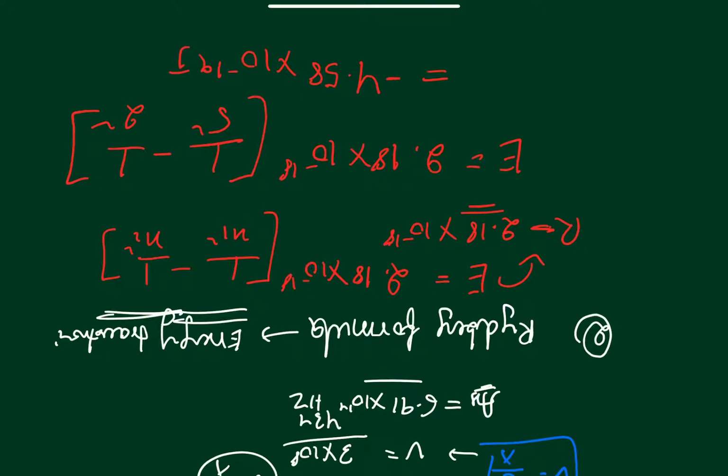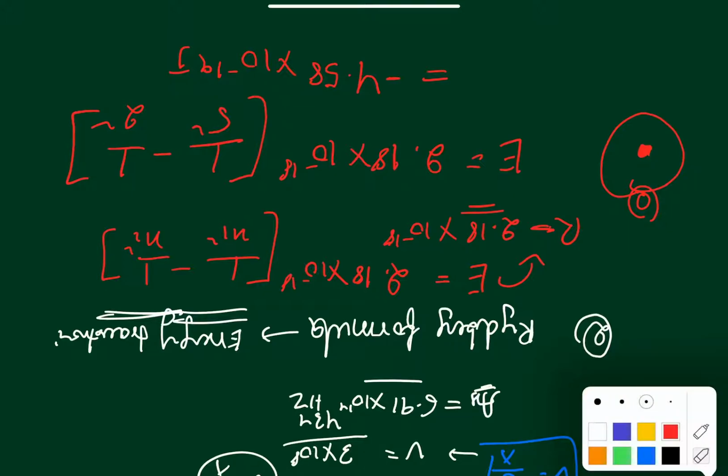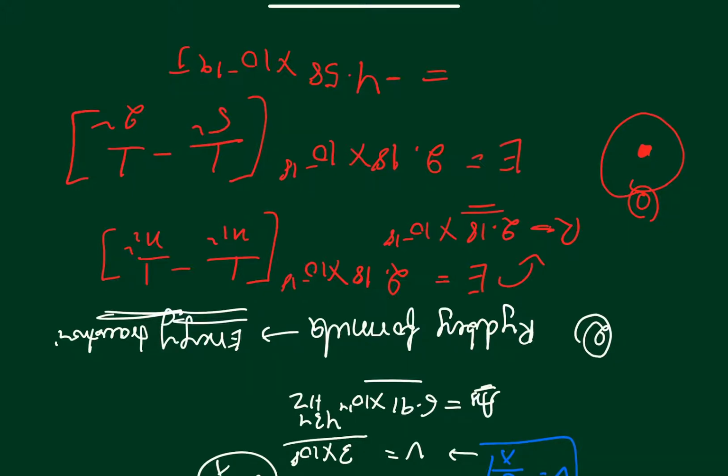Energy is always negative. The reason is that, whenever you have a nucleus and an electron, the nucleus always puts attractive forces on the electron. To remove the electron from the attractive forces, work has to be done, and work done is negative. The electron and nucleus are bound by attractive forces, and that is why work has to be done, and that is why this energy is negative. So you get the energy.